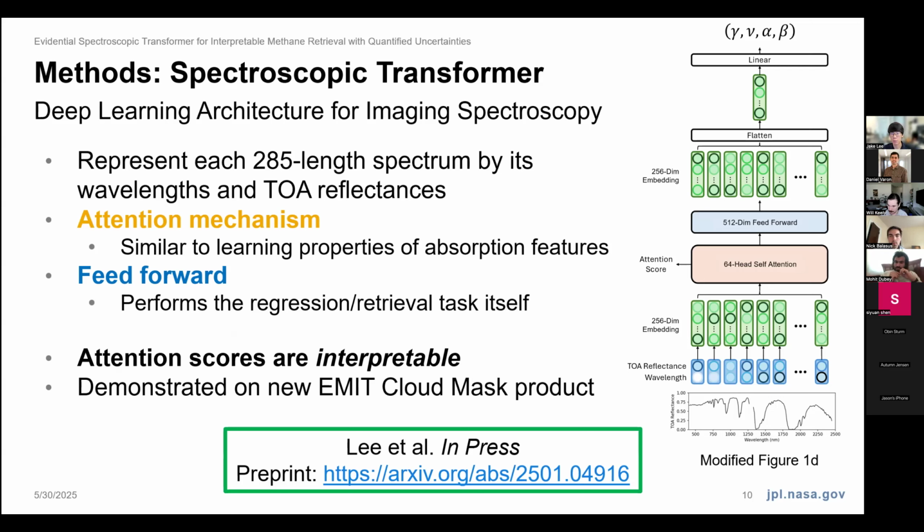So you represent this 285 length spectrum as a sequence of wavelengths and reflectances. And then we're hoping, and we're demonstrating actually, that this attention mechanism is learning some physically meaningful properties about absorption features in the spectrum. And so we think this is more robust than just training a model that thinks each wavelength is independent, because it's not, right? This model hopefully understands that wavelengths that are nearby are correlated and that wavelengths far away are still related, and learning all of that from the data itself. And the big benefit of this transformer model